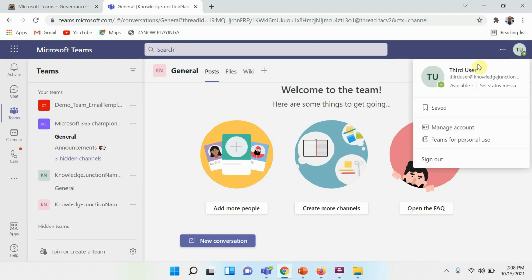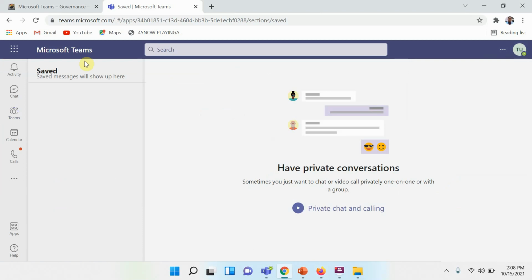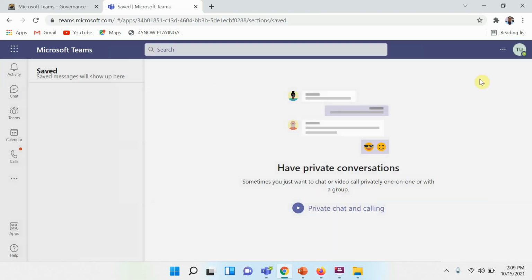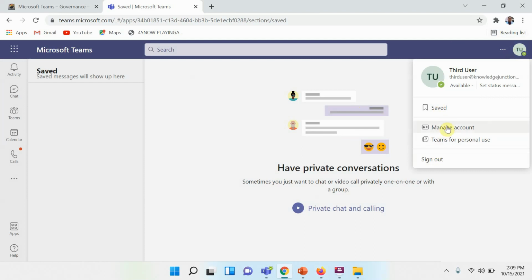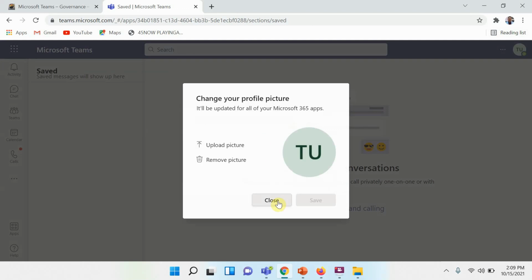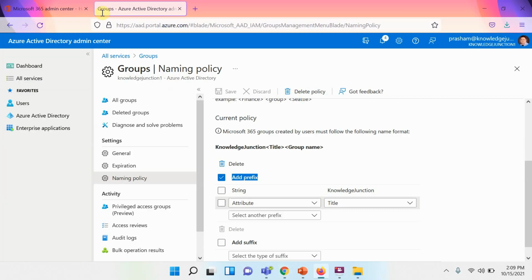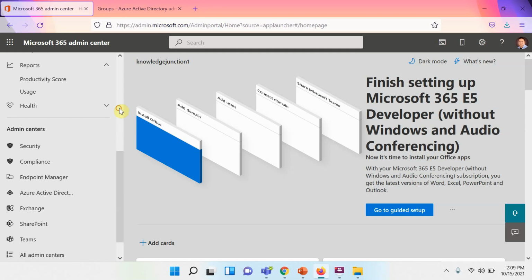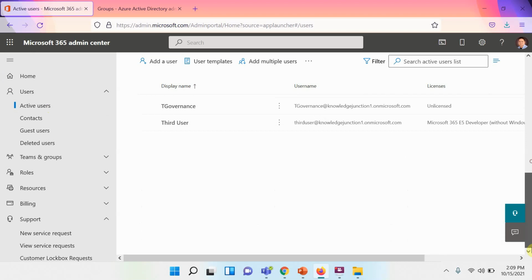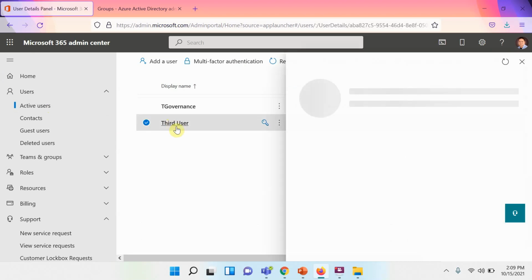We need to check the third user profile, or we could go to the users and check there. So let's go there. Users, active users, third user.